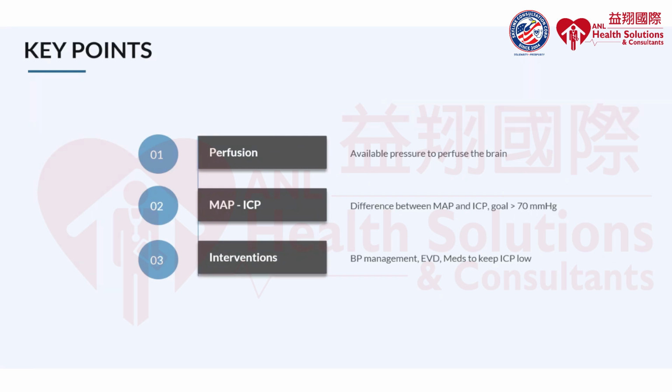So remember that CPP is the amount of pressure available to perfuse the brain. Without a good CPP, the brain's not getting blood flow, and tissues that don't get blood flow will die. Okay? Remember that we calculate CPP by taking the MAP minus the ICP. So it's the difference between the pressure upwards and the pressure downwards. And our goal here is for that to be greater than 70. Remember, it's like the two people pushing on either side of the door. We need to make sure that our mean arterial pressure is pushing harder and faster than our ICP. So we're going to do whatever it takes to intervene, make sure our blood pressure stays up, make sure we keep that ICP low. We want to maximize